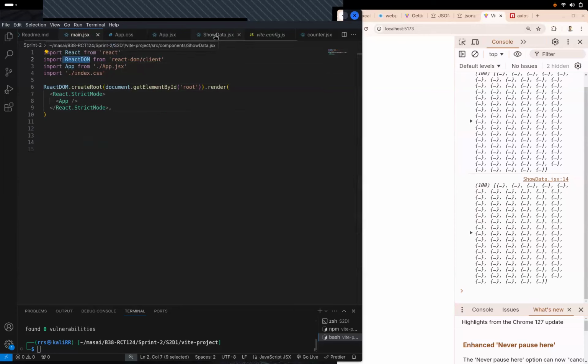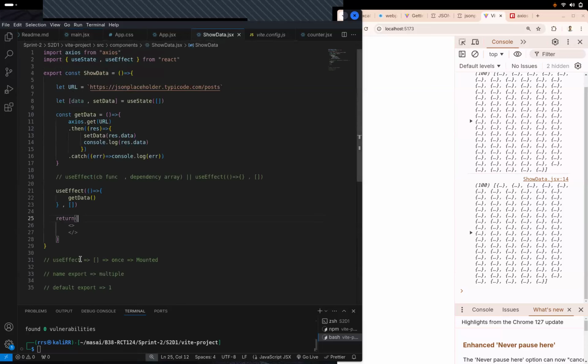Clear? Clear है? अभी clear है guys? Yes or no? Anything? Quickly. ठीक है. All right. यहाँ पे clear है how mounting, updating and unmounting is going on with respect to use effect. Shall we move towards our second point? Second point की तरफ बढ़े.